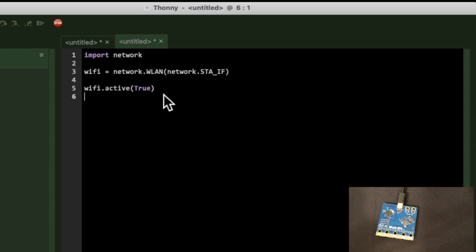What we're missing now is the Wi-Fi credentials. For this, I'm going to use the connect function inside the network module. So to do that is Wi-Fi dot connect function. It has two parameters. The first one is your Wi-Fi ID. The second one is your password, like so. And I'm going to add a print function